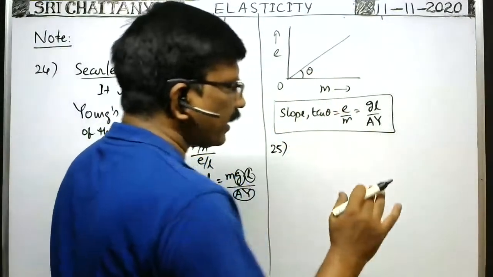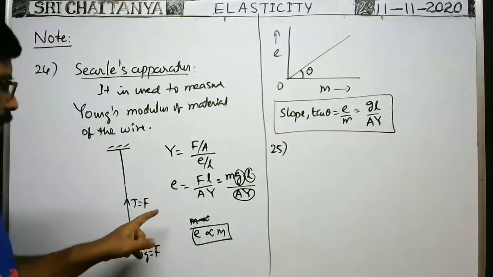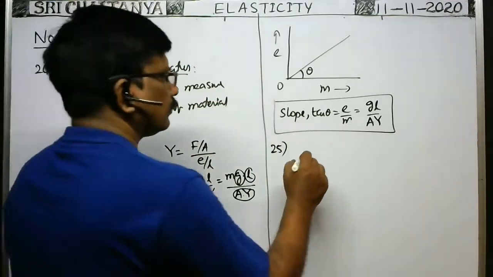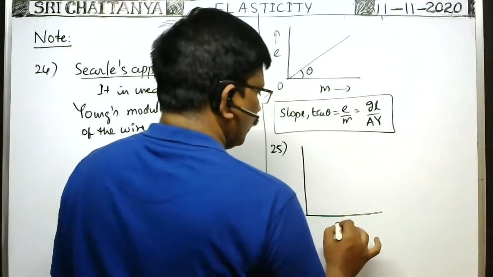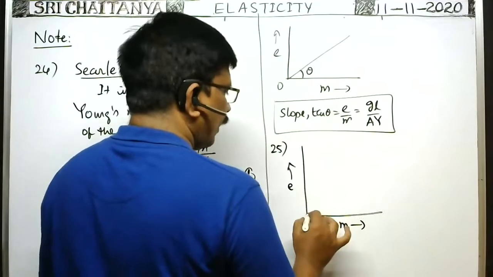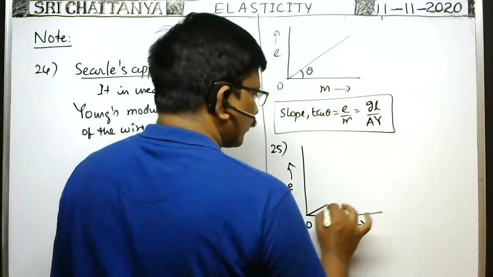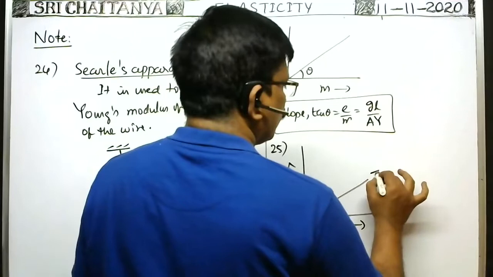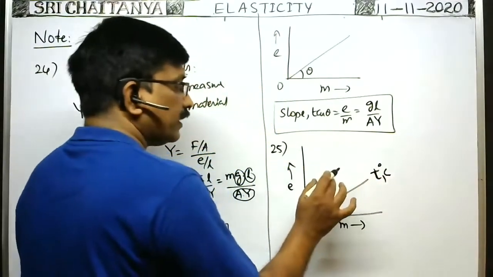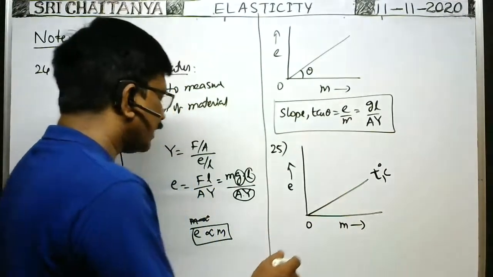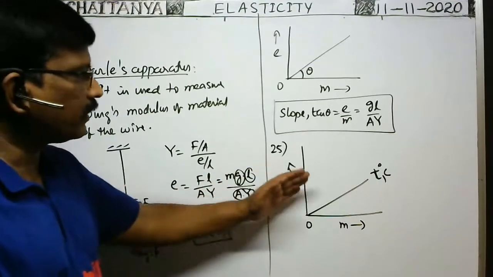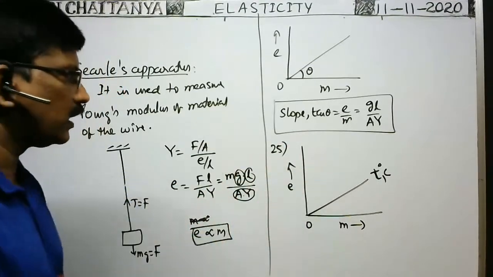Suppose for the given wire, at different temperatures, by increasing the load, load versus elongation graphs are drawn. Load is taken along the x-axis and elongation is taken along the y-axis, and at a temperature T1 degrees centigrade, by increasing the load attached to the spring, the respective elongations are measured and a graph is drawn. The graph obtained is like this at a temperature T1.